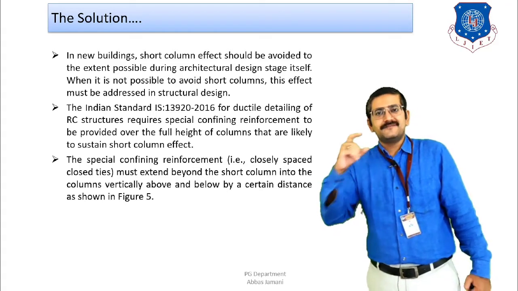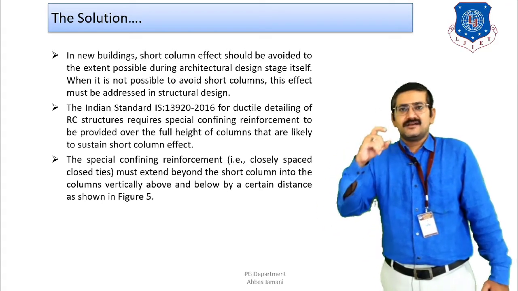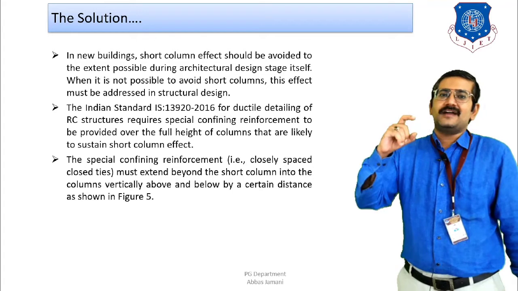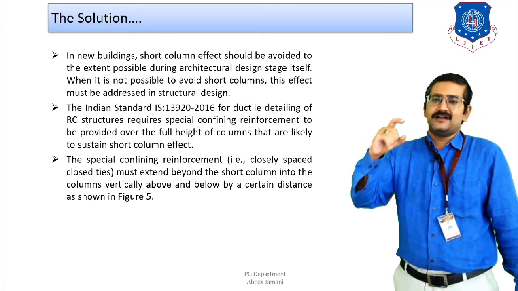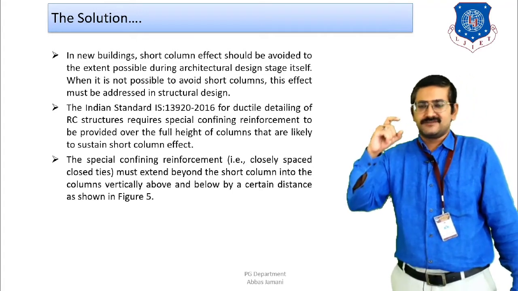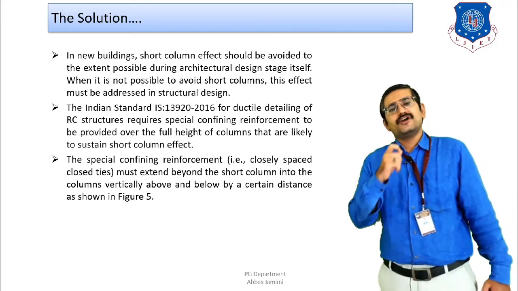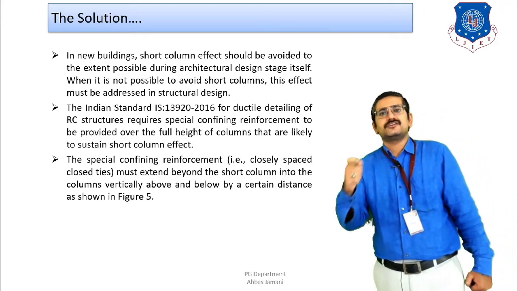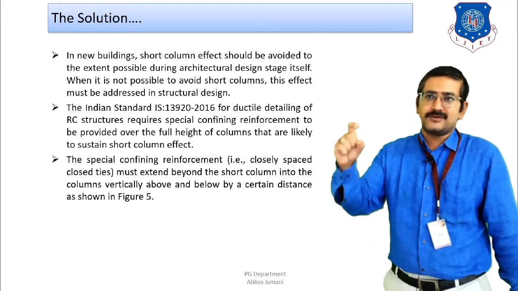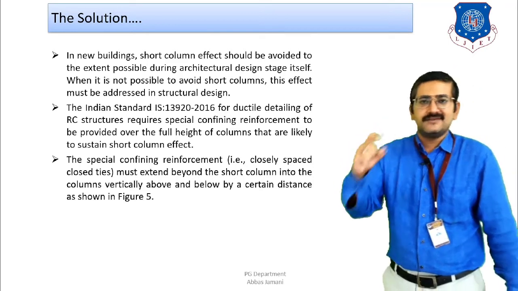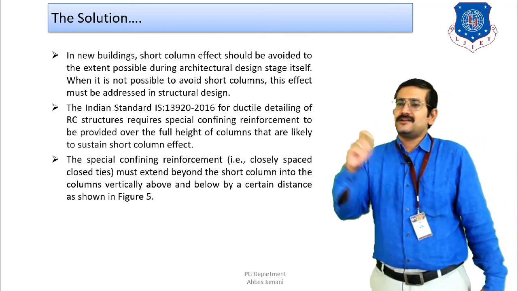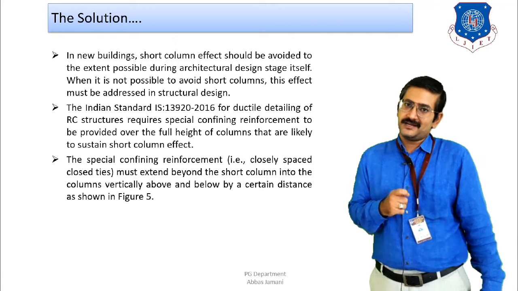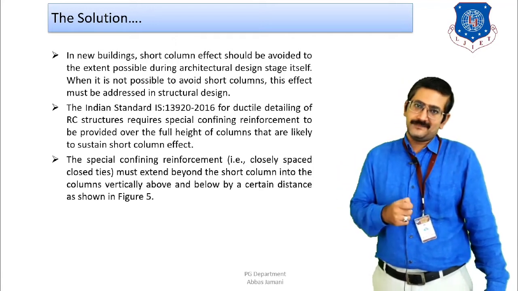So if the difference between two adjacent slabs is small, such that the unsupported length of the column, or the height of the column, is 1 meter or less, then you can point out before the execution on site that this particular portion is likely to be severely affected under the effect of an earthquake, and an alternate solution can be discussed with the architect in terms of elevation and floor height.